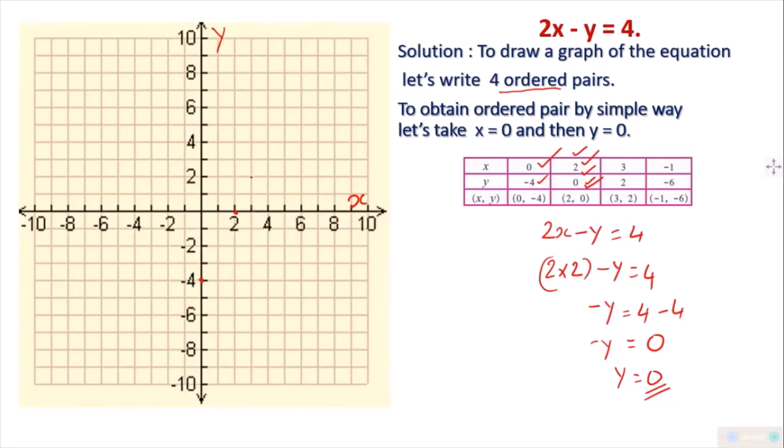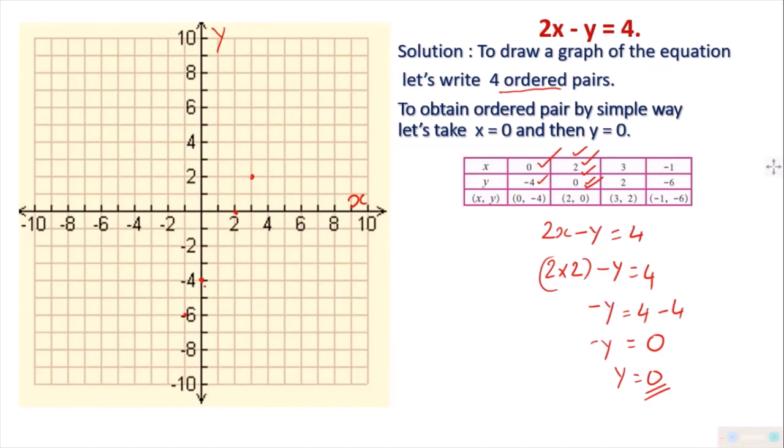Then you will be going to x is 3 and y is 2. So you will go up, y का up में है. So you will be putting the point here. Then x is -1 and y is -6. तो लेफ्ट साइड में आपको जाना है -1, y axis में -6, वो नीचे आ जाएगा. तो it will be here. So you got 4 points with respect to the ordered pairs given.